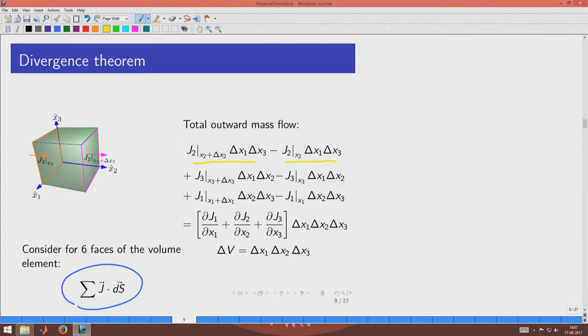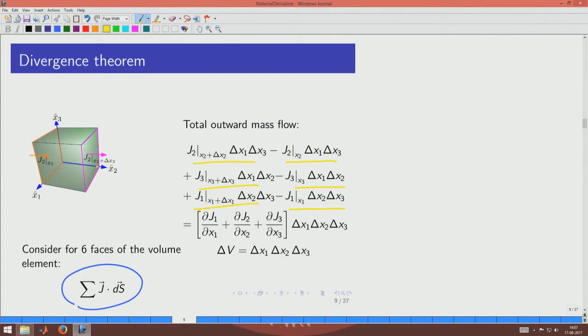So, 1, 2, 3, 4, 5 and 6 terms. So, for all the 6 phases they are given, and what we are also making is a small variation here: the flux is actually a function of location, because the velocities are actually a function of location. So, you see that the velocity on this side would be u at x2 plus delta x, whereas here it will be only u2 at x2. So, we are making that small differentiation here, j2 at x2 plus delta x2 and j2 at x2.